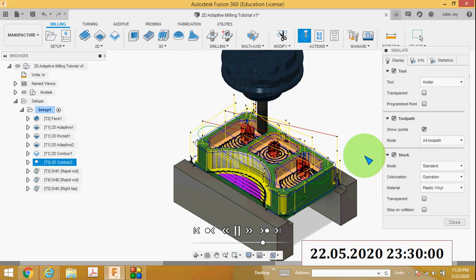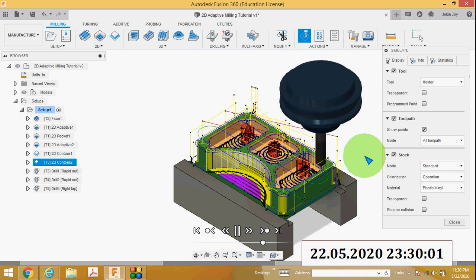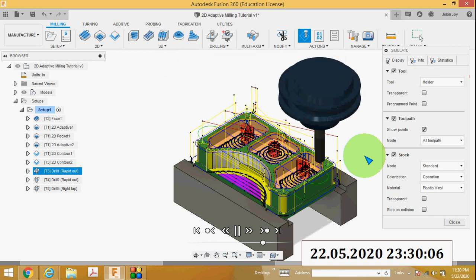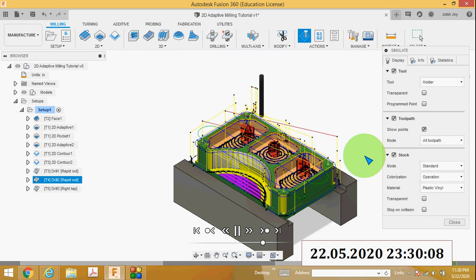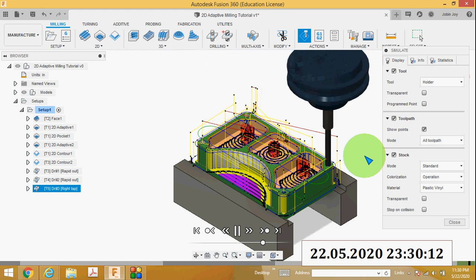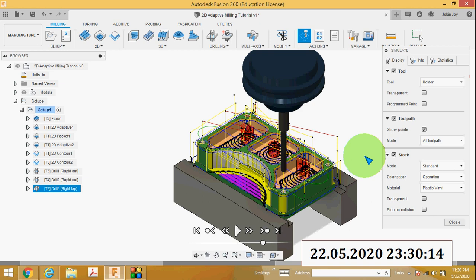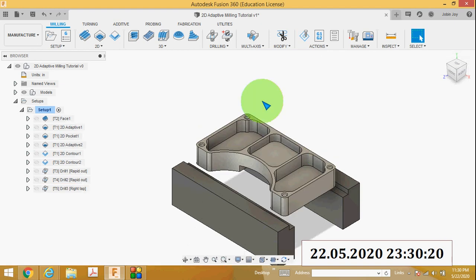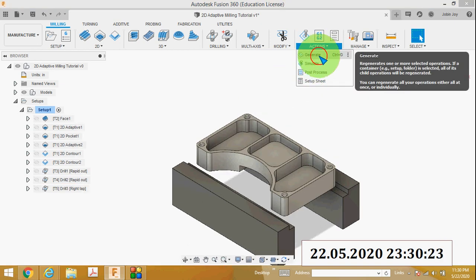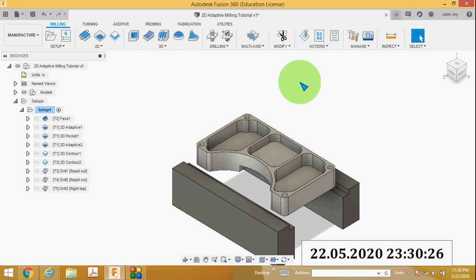Rough cut the outside of the part. Then next is finish cut. Rough cut, then finish cut, then chamfering. Then you have to apply the chamfer with the help of the chamfer tool, and then countersunk, then drilling holes, and then finally tapping. 1, 2, 3, 4. So the process is actually completed.